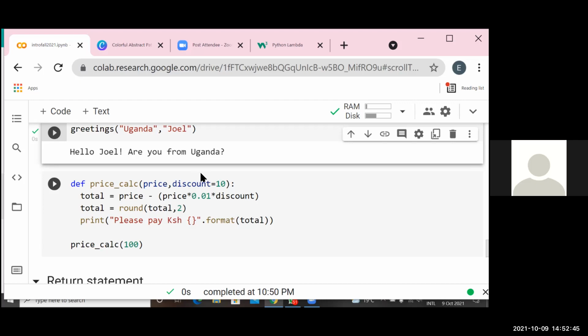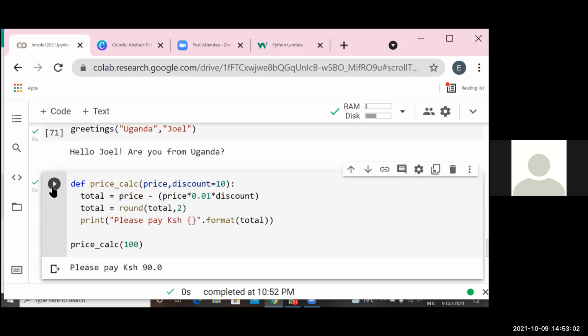So we have defined our function. So the concept is to realize that now our discount is the default. So you just call your function and enter the price. The price is 100. So we definitely need our answer to be 90. So yeah, our answer is 90. So maybe your item costs something different.